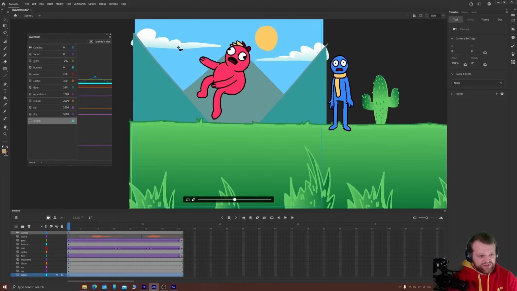Okay, so I've pushed all of these layers back now, and as you can see from the numbers here, I've pushed them further and further back, the further back they would be in real life. So my grass, very close, my bounce layer on 0, my man just behind that, my cactus just behind the man, my floor very close but behind the cactus, mountains about 1,000 in the distance, clouds 2,000, sun 2,500,